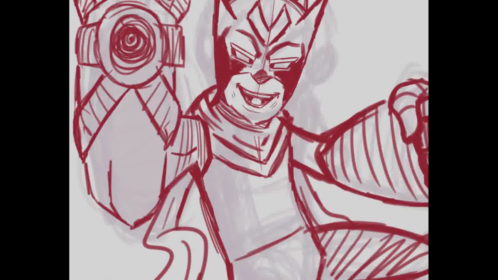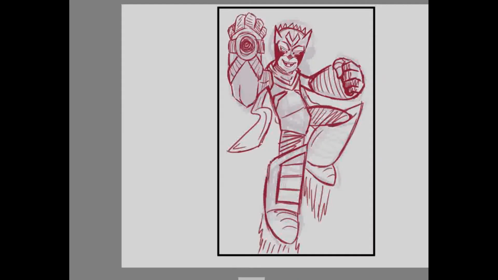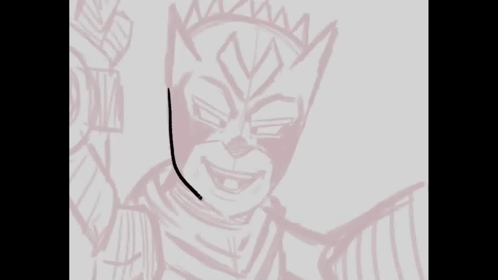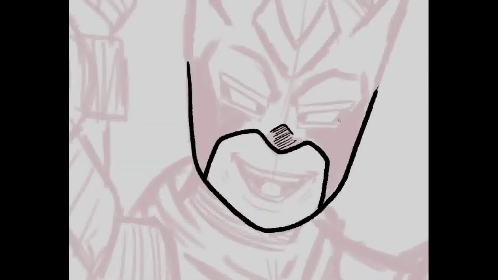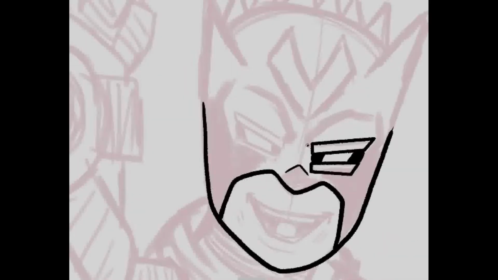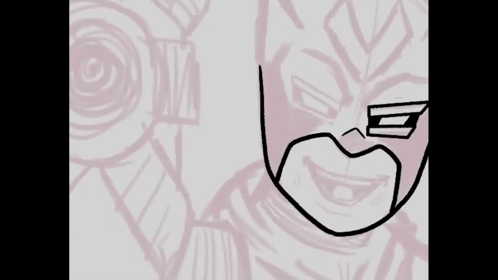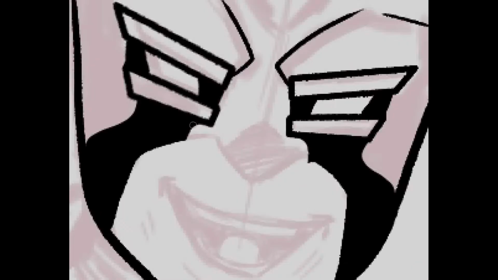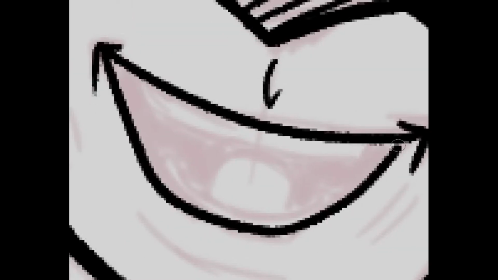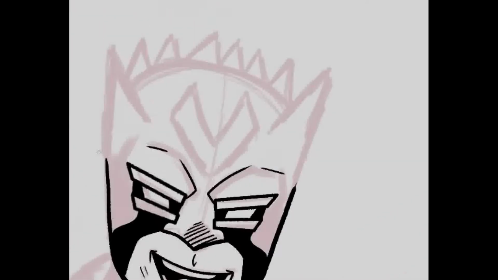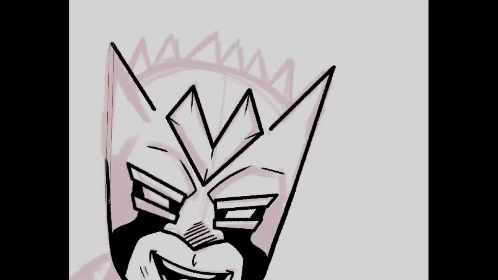So a human and Power Suit, and I really wanted to mesh the two together as much as I possibly could, right? So once I had my roughs in, I went ahead and started doing my inking, and I was trying to figure out a cool way to do this mask. I really wanted to do a lot of blacks in it, a lot of heavy, deep shadows and inks, as if I was inking it traditionally. So I'll go a little heavy with it, and you'll see it as I go through it, especially in the face. I think the face is where I do the most of it.